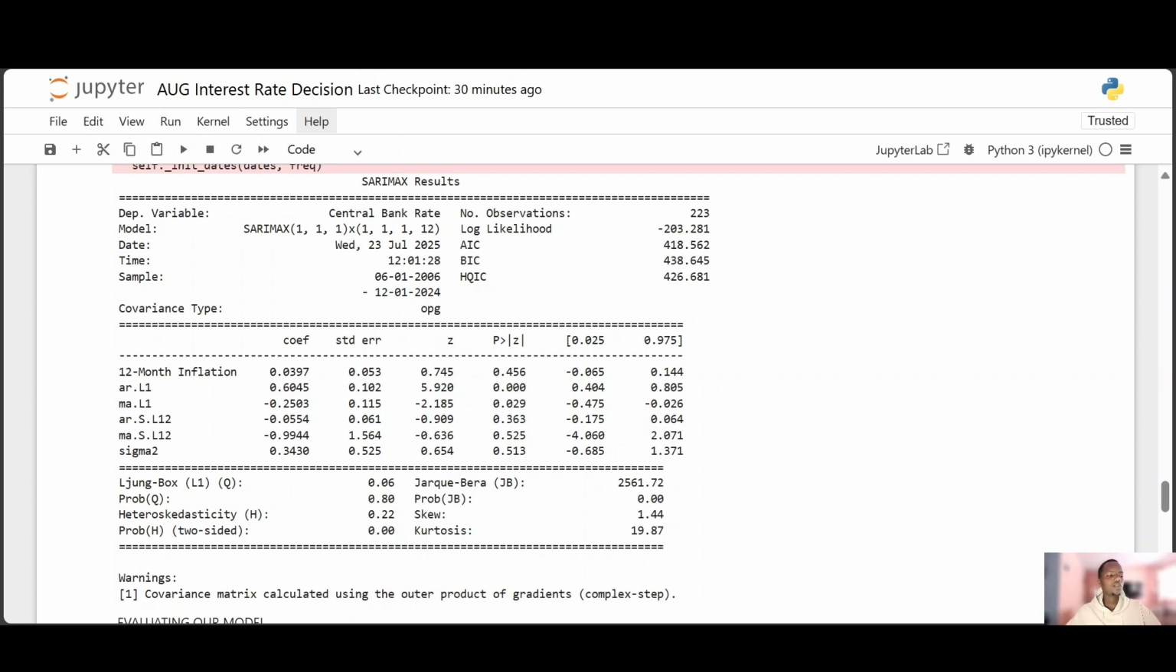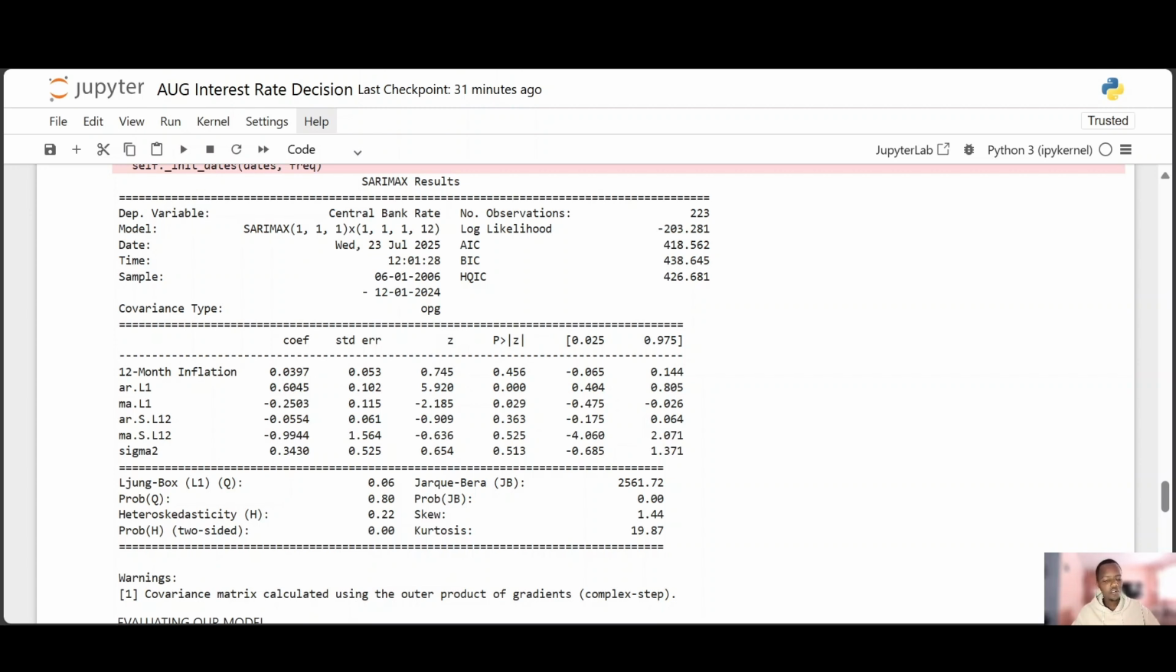So again, you see, this is data. There's your own intuition, and then there's testing the data. According to me, I saw that the 12-month inflation is kind of affecting the central bank rate. But what does my model summary tell me? It tells me that the 12-month inflation is actually not significant in trying to predict the next